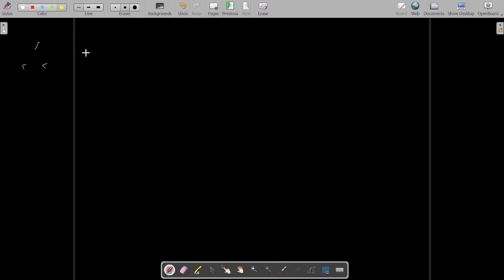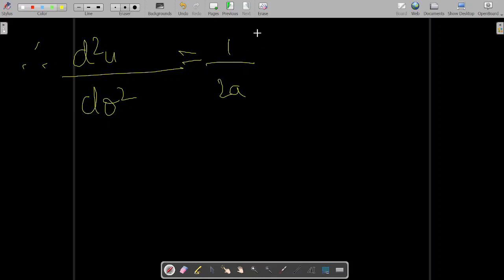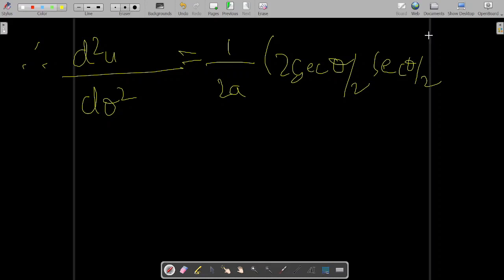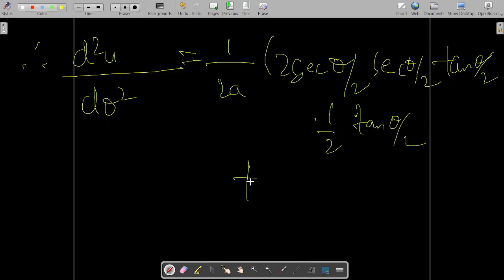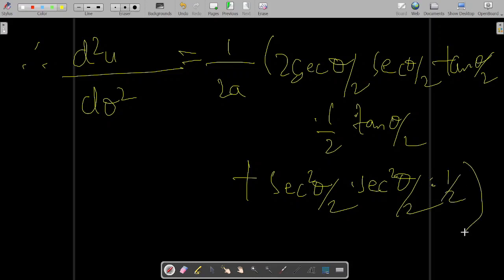Therefore your d2u by d theta 2 comes out to be 1 over 2a [2 sec theta by 2 sec theta by 2 tan theta by 2 into 1 by 2 tan theta by 2 plus sec square theta by 2 sec square theta by 2 into 1 by 2]. Okay,